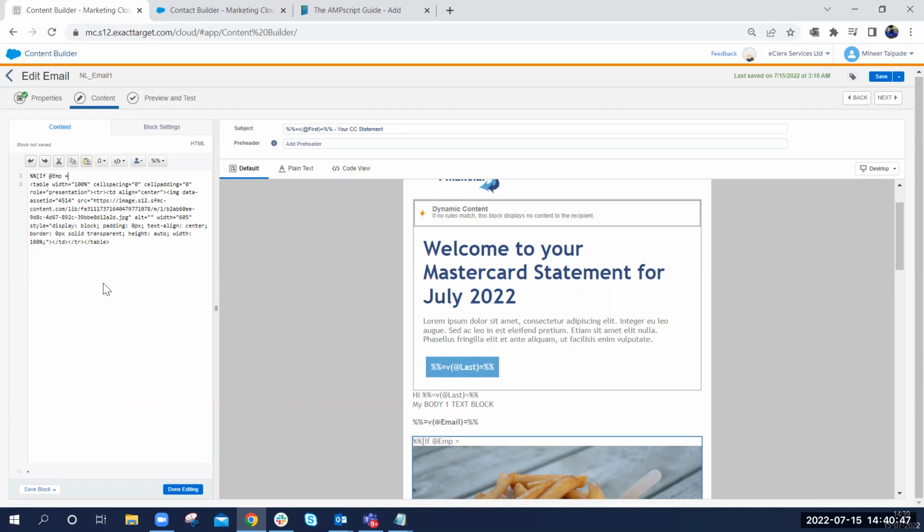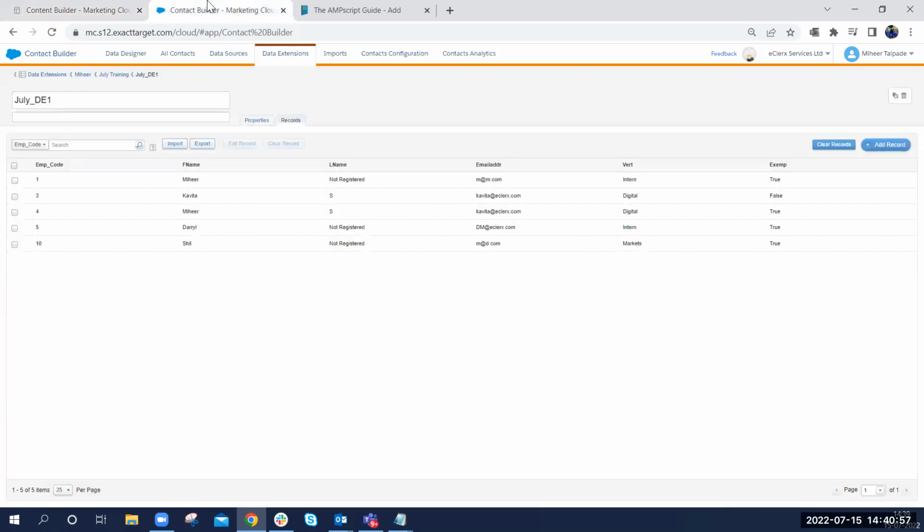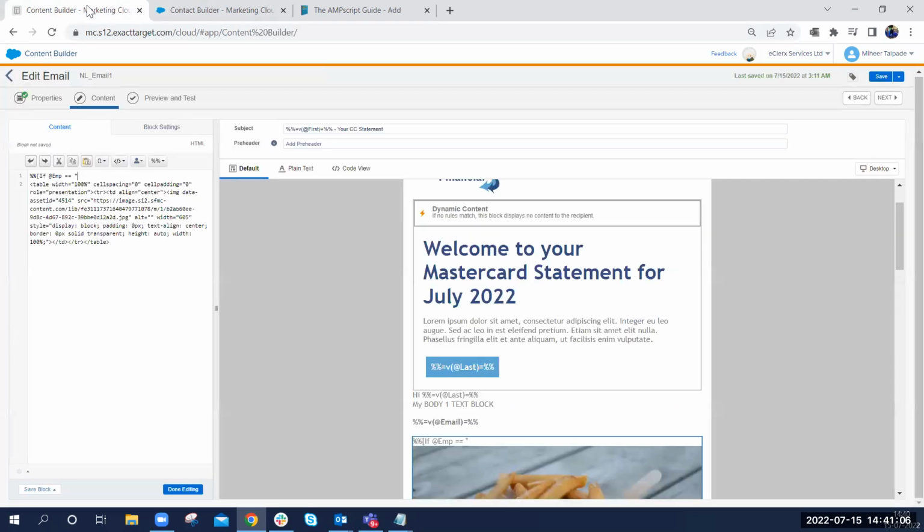If I want to compare, the compare operator is a double equal to. So if at emp equal to, if it's an ex-employee, it's going to be true. Equal to true. Then,